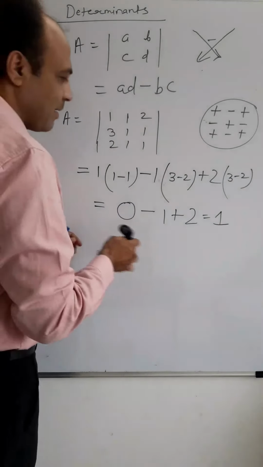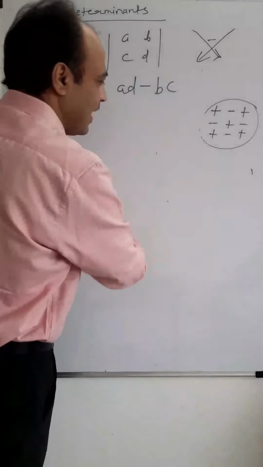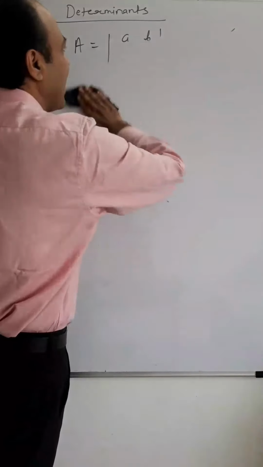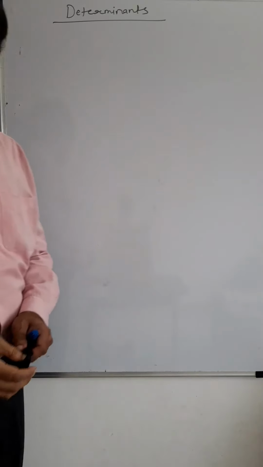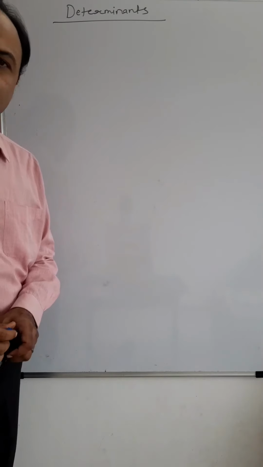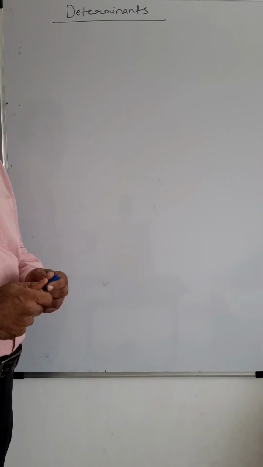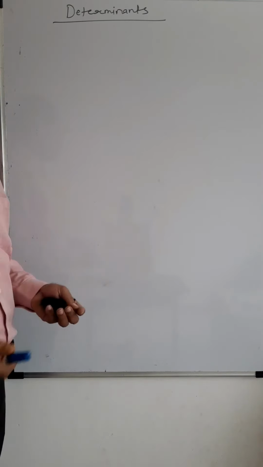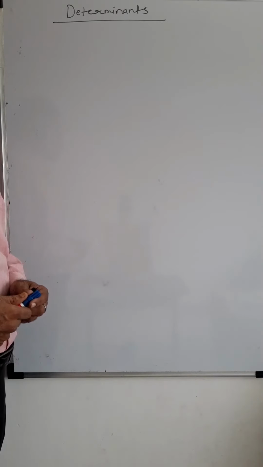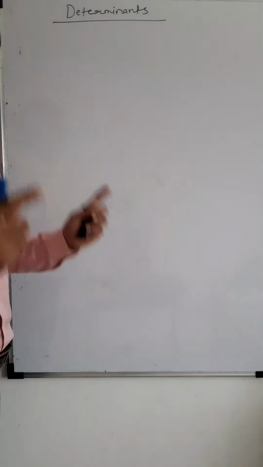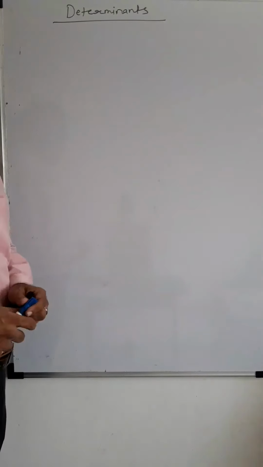So this is what is important, how to expand the determinant of 2 cross 2 and 3 cross 3. See, in NDA we don't have 4 cross 4 determinant or 5 cross 5 and so on. So हमें इसके लिए worried नहीं होना है, हमें 2 cross 2 और 3 cross 3 के determinant की expansion पता होनी चाहिए, how to expand. So it is useful in your physics also. You have seen in vector also, cross product of two vectors में भी आप determinant use करते हैं. And in a lot of places in mathematics we use how to expand the determinant.